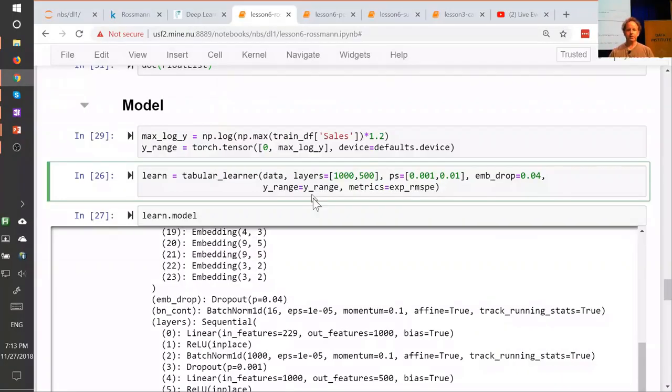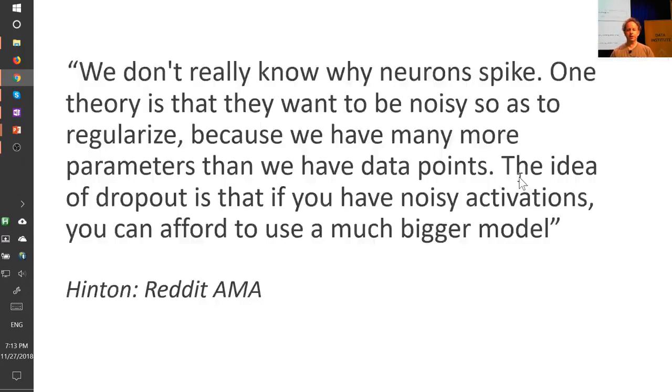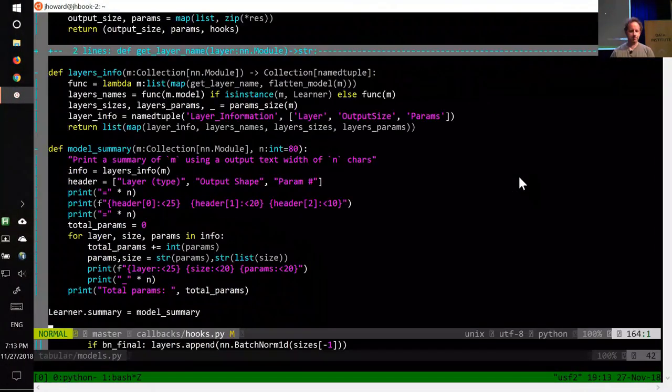So that's dropout. In this case, we're going to use a tiny bit of dropout on the first layer and a little bit of dropout on the next layer. And then we're going to use special dropout on the embedding layer. Now, why do we use special dropout on the embedding layer? So if you look inside the